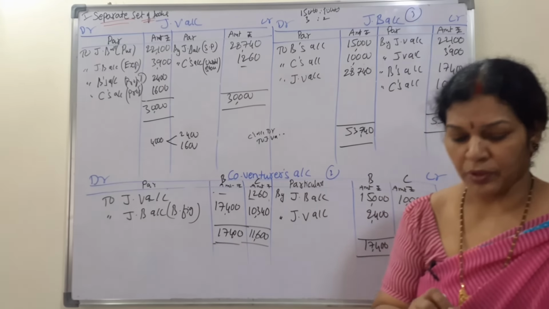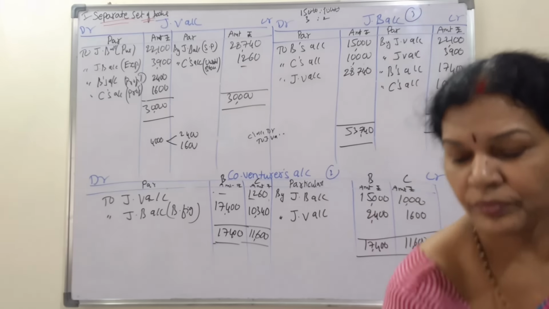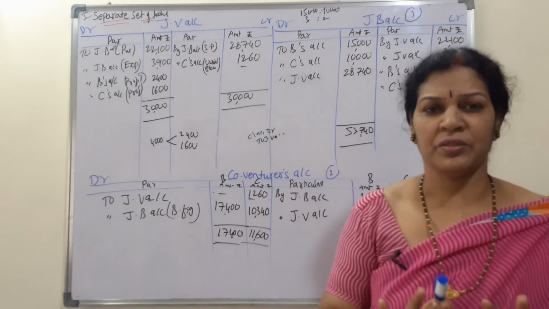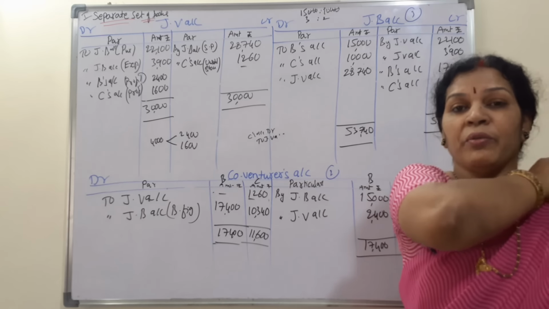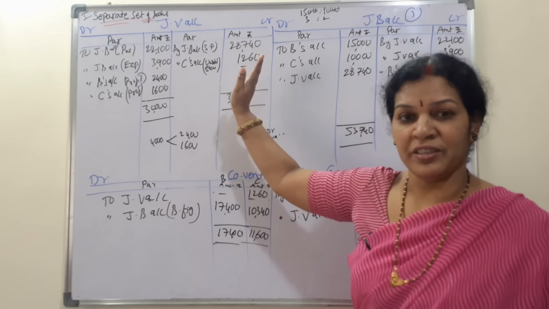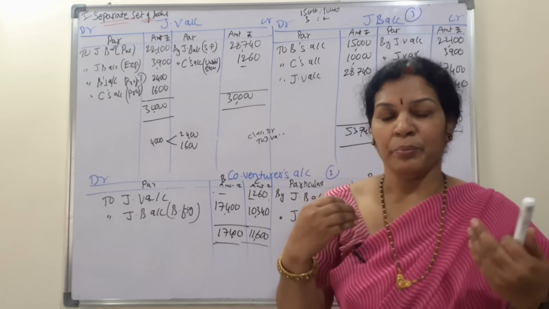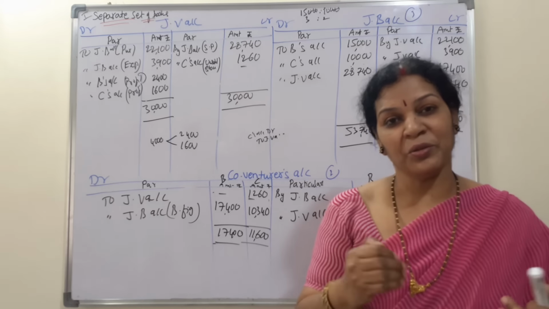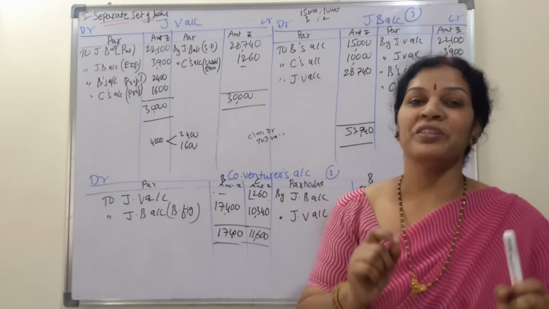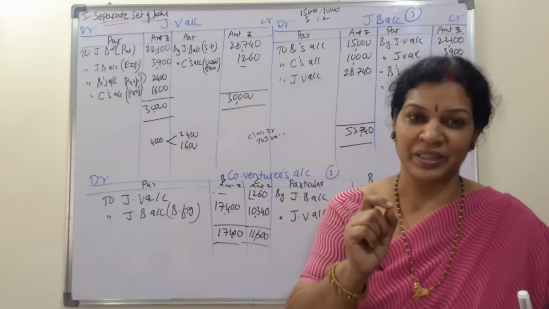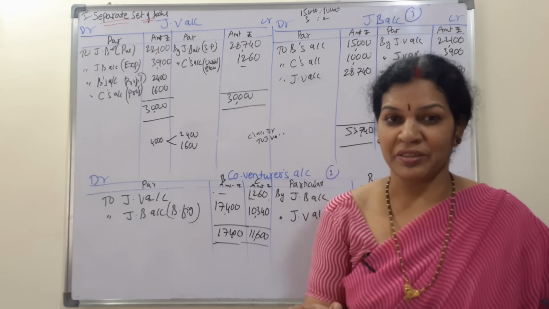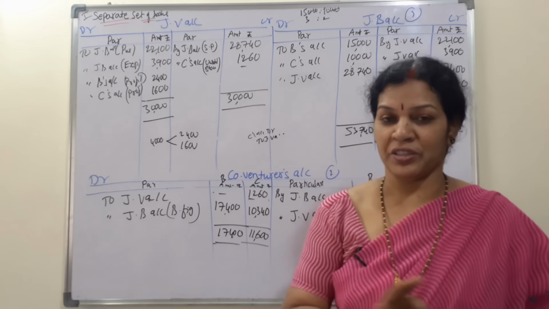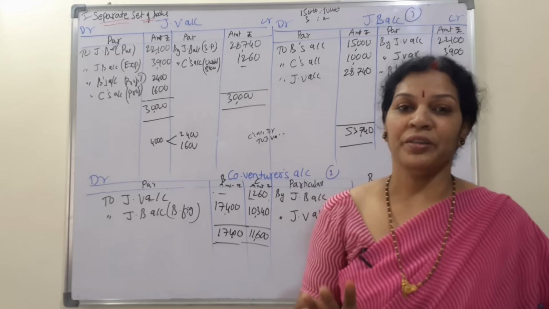Now let me explain the problem. One thing, make sure, what is joint venture, joint bank? Joint venture is similar to the consignment account. We write whenever goods are purchased, debit side; sales, credit side; expenses, debit side. Any payment made is through the joint bank only. Sold goods, that is also through the joint bank only. So everywhere we'll be using joint bank, unless any expenses are particularly paid or anything is particularly taken by someone, then only we'll take the name of the co-venturer. Otherwise everything is through the joint bank only.